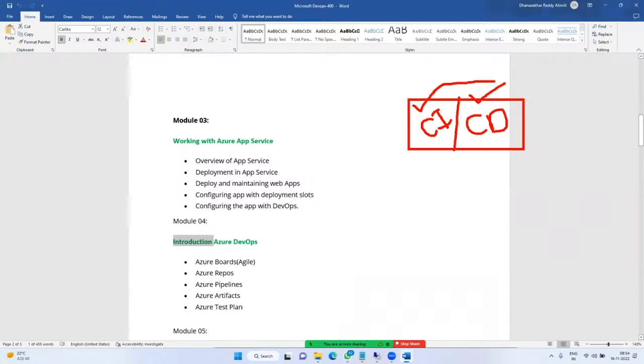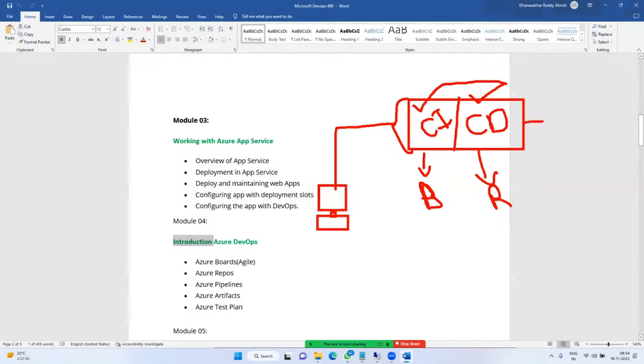Continuous integration, continuous deployment in the sense, this is the build pipeline, this is the release pipeline. Once you have configured this, where should your application be deployed, either VM or app services?